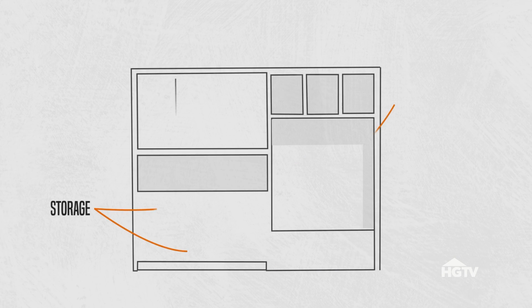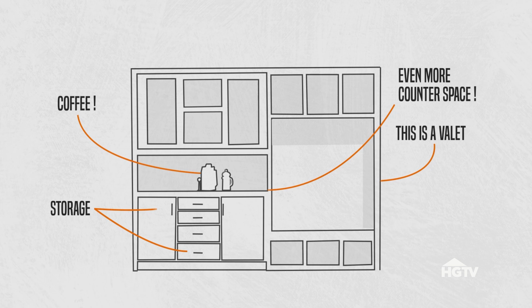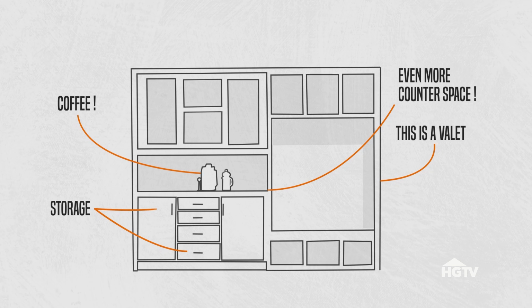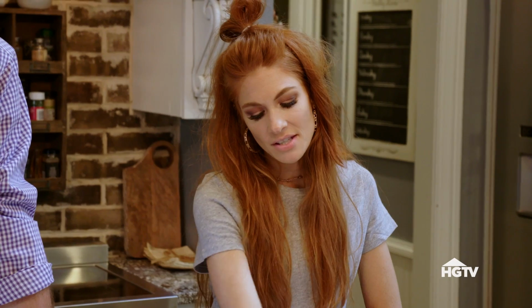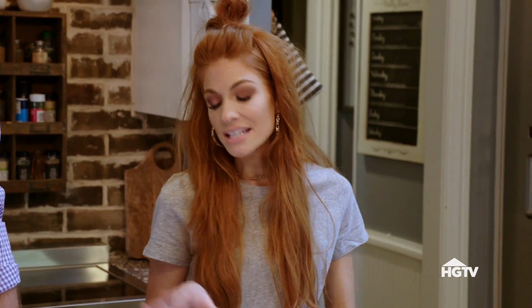And on the far wall, a built-in storage area and a coffee nook beside a valet that will function as a mini mudroom. Most of Haley's budget is going in this area, a little under 20 grand. This is going to be your space. I wanna do built-ins, like a mail catch-all, think purses,